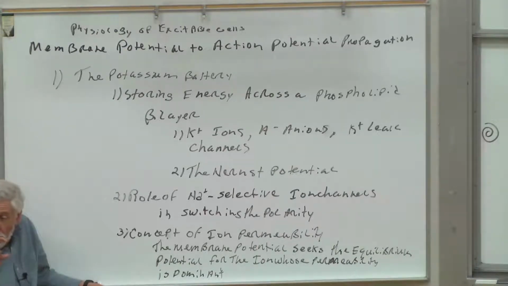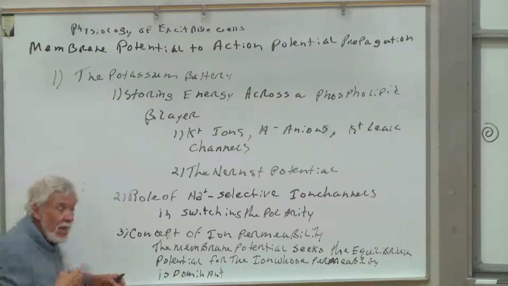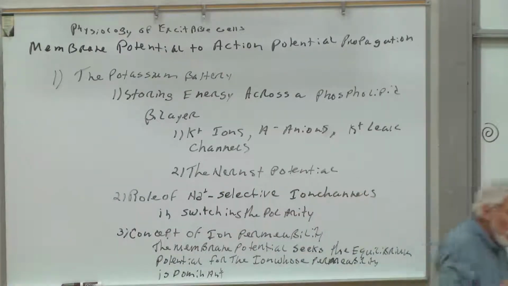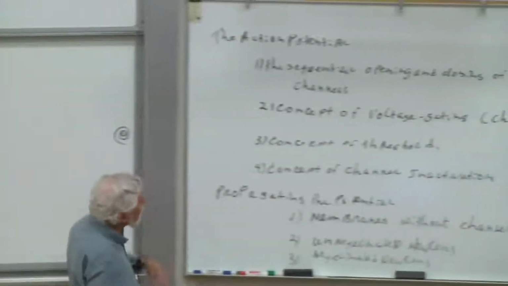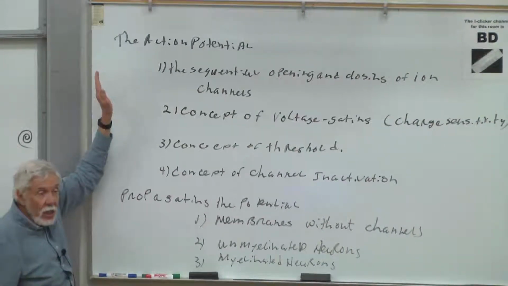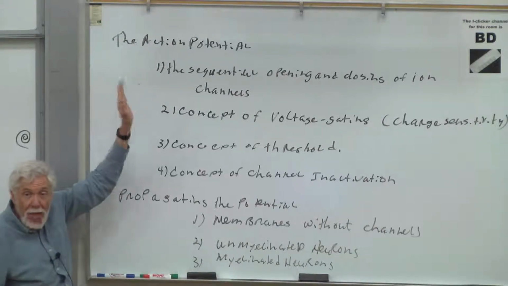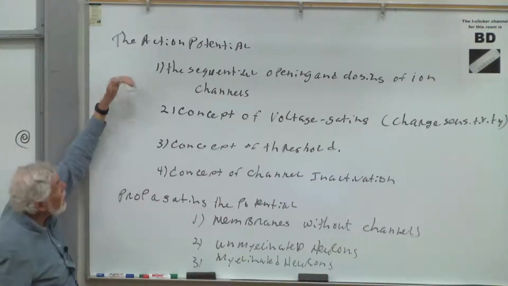Now this begins to show a switch, where we can show a change in the membrane potential from about minus 70 or 80 millivolts up to plus 60 or 40, and then back down again. And we'll see how this can happen. That is, by changing the permeability to certain ions, we can switch the polarity across the membrane. That idea of switching the permeability from potassium to sodium back to potassium again lies at the heart